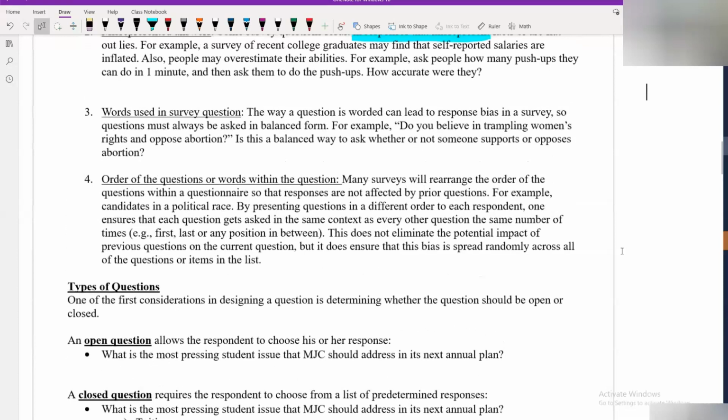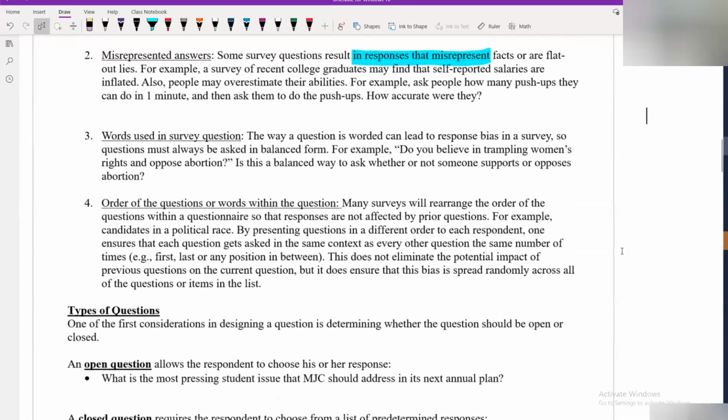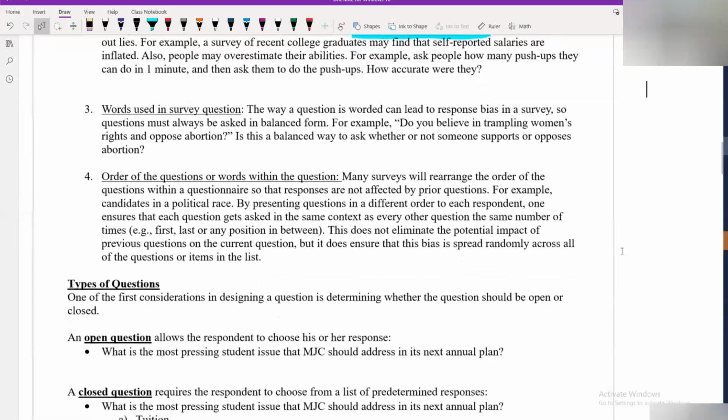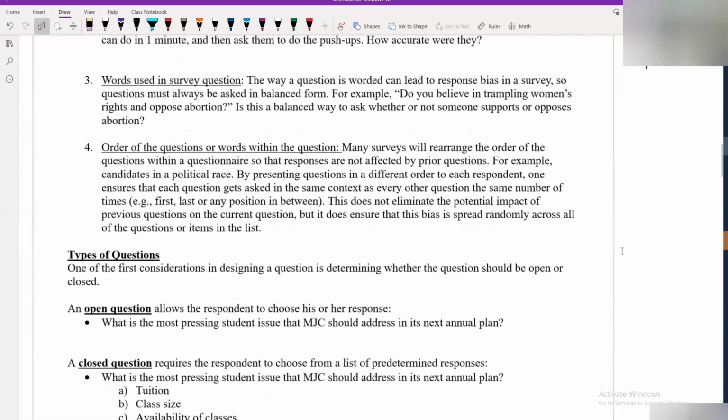What else? The order of questions is also very important. For example, we have candidates in a political race, and by presenting questions in a different order to each respondent,